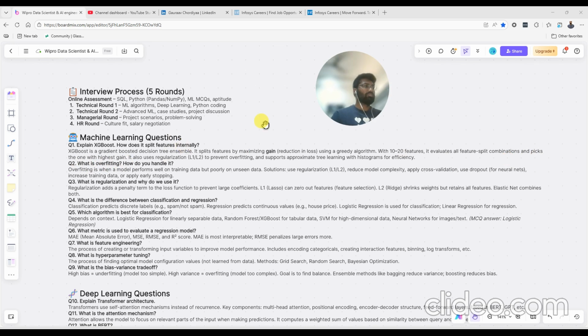So now you may have a question: how do we find this gain? To get that gain, we have a formula. For that we have feature importance, then the Gini index for splitting. There are entropy and other formulas to get this gain, and after that we get the highest gain and split on that. It also uses the regularization techniques called L1 and L2 to prevent overfitting, and also supports approximate tree learning with